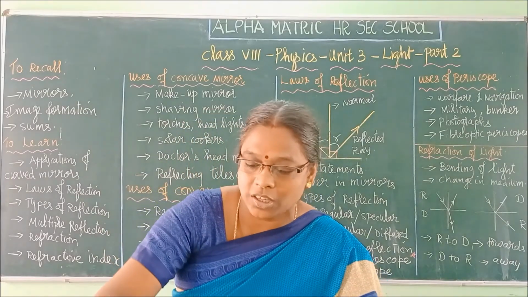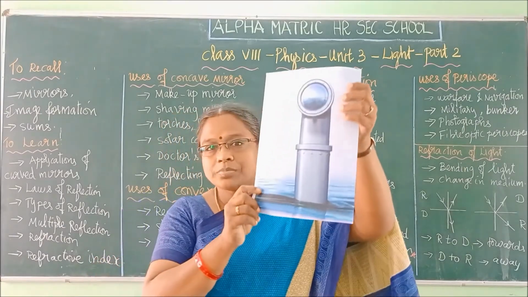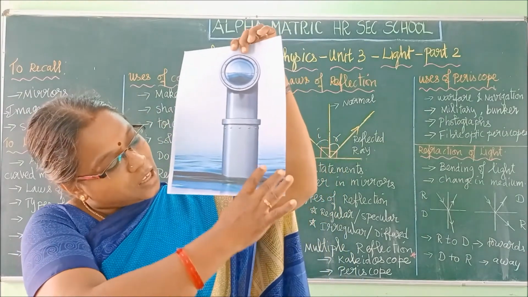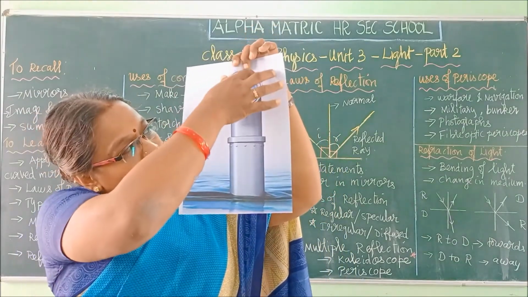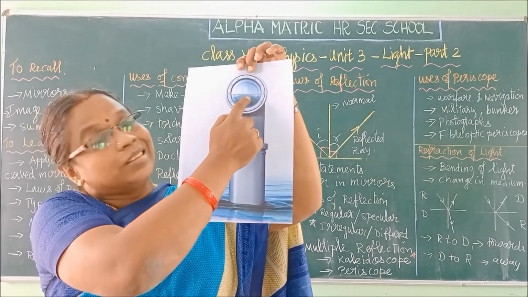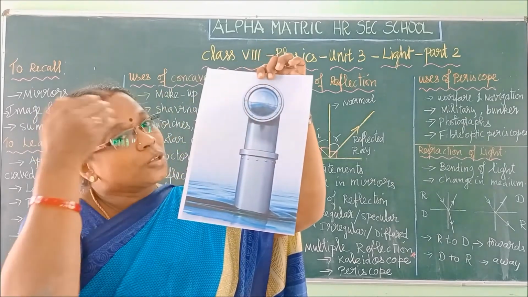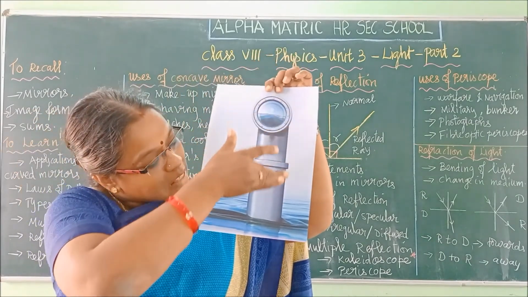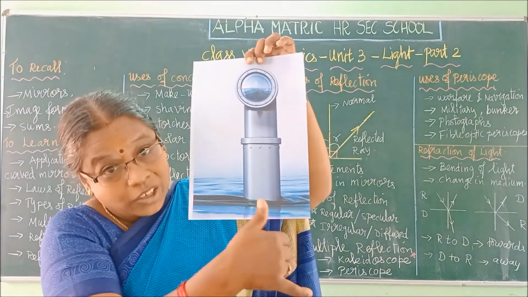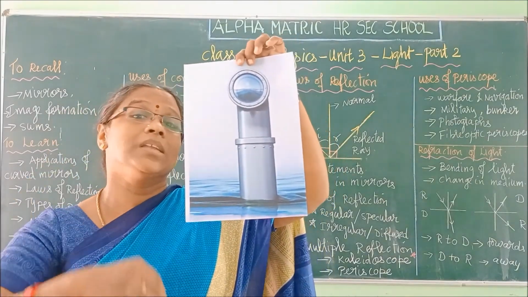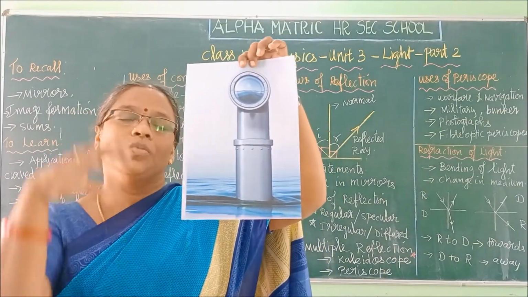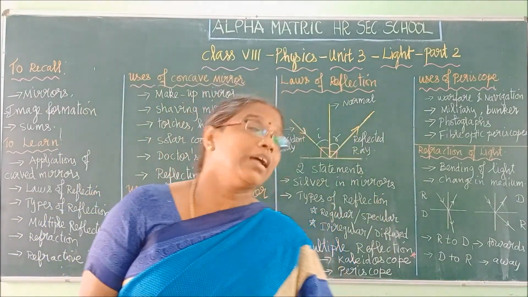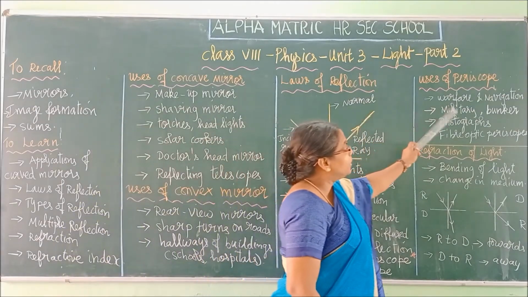It will be in this structure only, children. You can see this. This is a structure seen out of the surface of water. You can see the surface of water here. So the periscope will be seeing, this is the mirror over here. So this will be viewing the happenings on the ground, which will be reflected inside. And this tube will go down into the submarine ship, where the people inside, the warriors inside the ship, will watch it. Right? So this is how it is used in warfare and navigation.